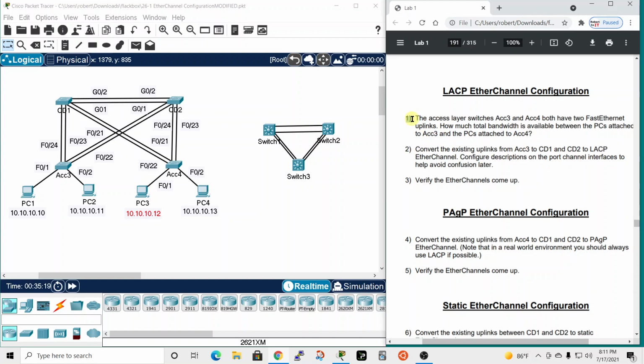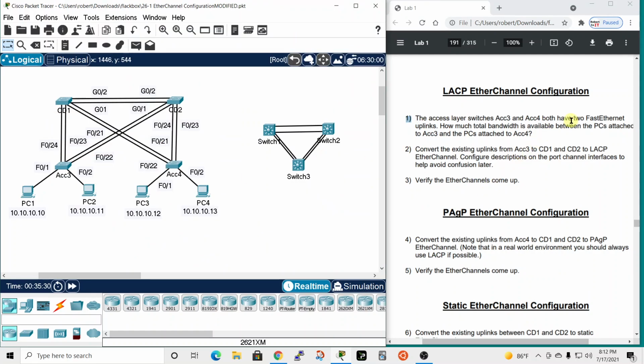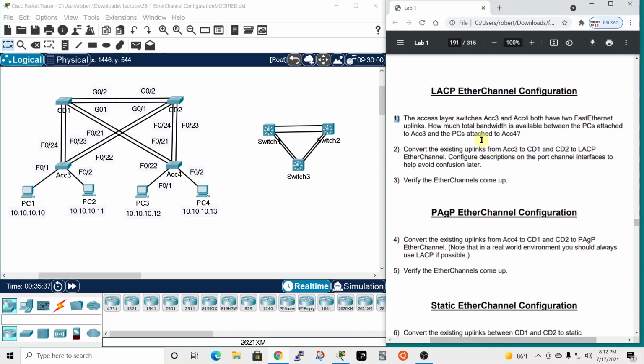All right, so step one, the access layer switches. Access 3 and 4, here and here, both have 2 Fast Ethernet uplinks. And how much total bandwidth is available between the PCs attached to Access 3 and PCs attached to Access 4? So we have the,